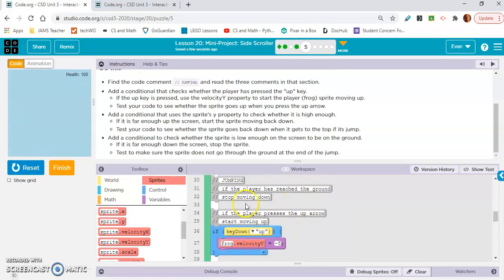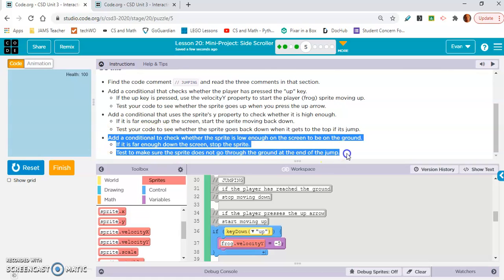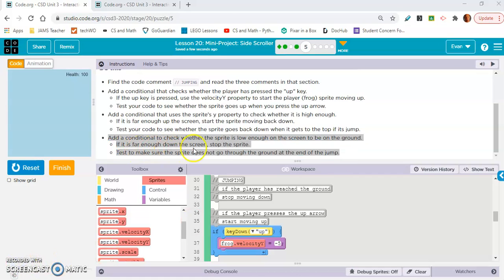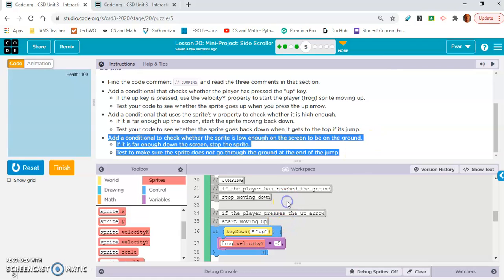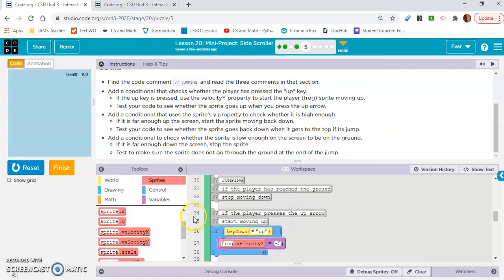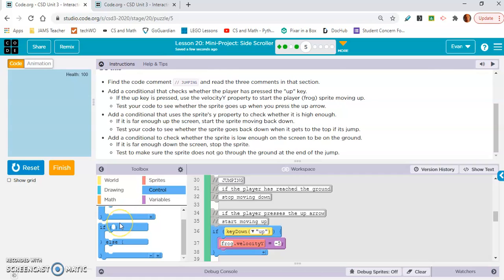If the player has reached the ground, stop moving down. Add a conditional to check whether the sprite is low enough on the screen to be on the ground. If it is far enough down the screen, stop the sprite. Test to make sure the sprite does not go through the ground at the end of the jump. So I remember me personally having trouble with this in the past. I think we're just going to set the velocity to 0, but we need